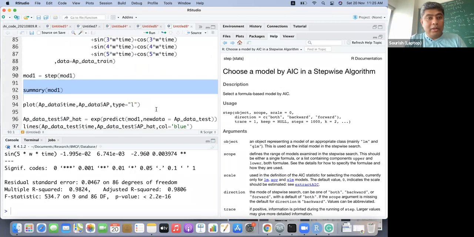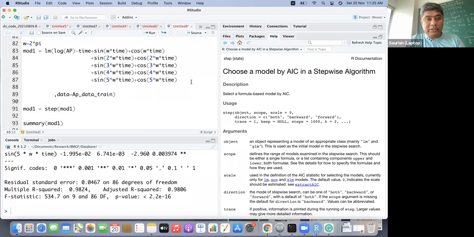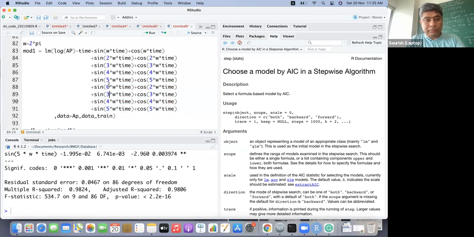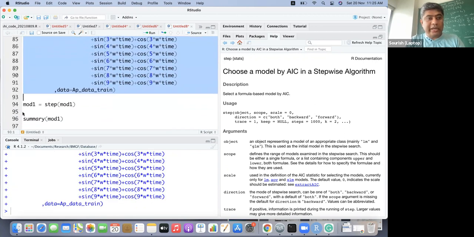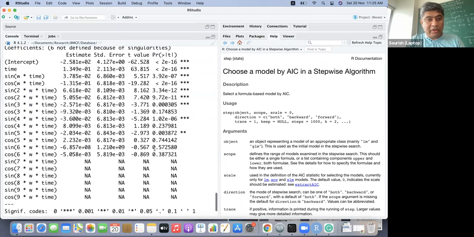So we can actually add a few more in the process, and fit this gigantic model, and let us see the summary. You will see a lot of things are not even effective. See 7, 8, 9, they are not even effective.